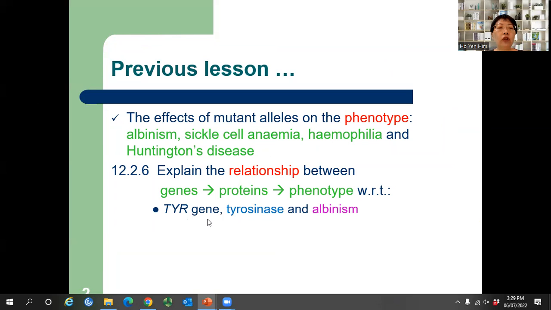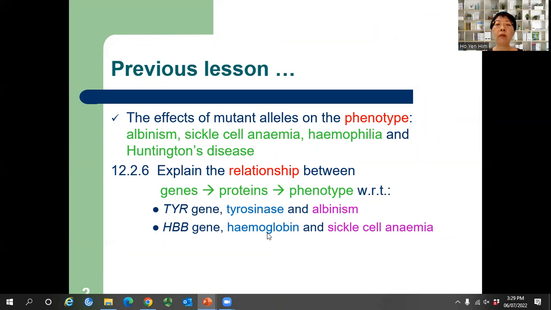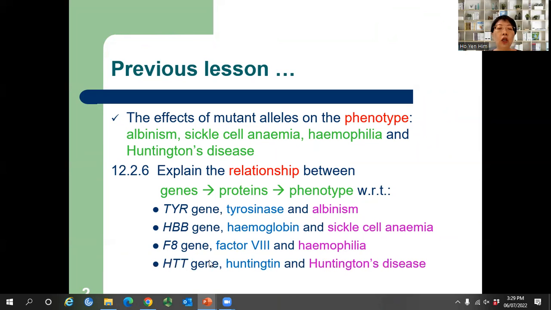So TYR gene codes for thyroxine, any changes to it will lead to albinism. HBB gene code for beta chain of hemoglobin, any change in it might lead to sickle cell anemia. F8 gene, any mutation may lead to factor VIII cannot be produced, so it will lead to hemophilia, the blood cannot clot. Okay, HTT gene code for